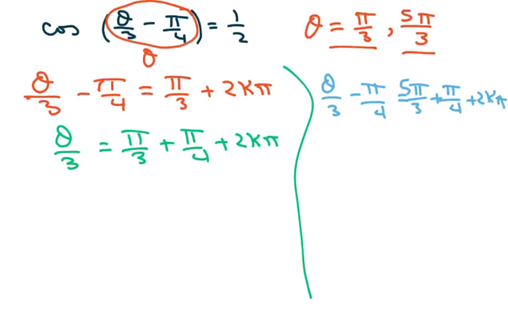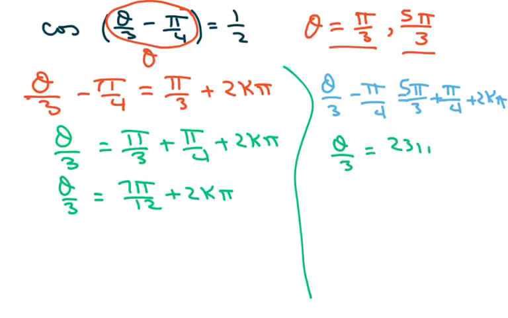Now, for this side, when you simplify, you're going to get theta over 3 equals 7 pi over 12 plus 2k pi. And this one's going to be theta over 3 equals 23 pi over 12 plus 2k pi. All right, then multiply through by 3, and you're going to get theta equals 7 pi over 4